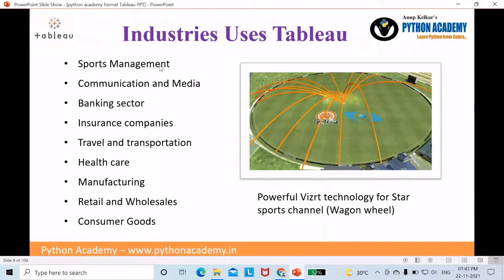the list goes on. So I have given here an example of a powerful visualization technique used by the Star Sports channel. This wagon wheel comprises real-time capturing of data and shows you how the player is hitting the sixes all over the ground by the visual technology.